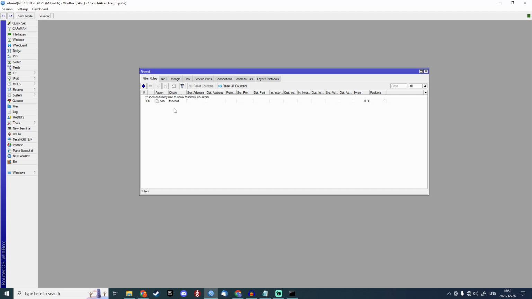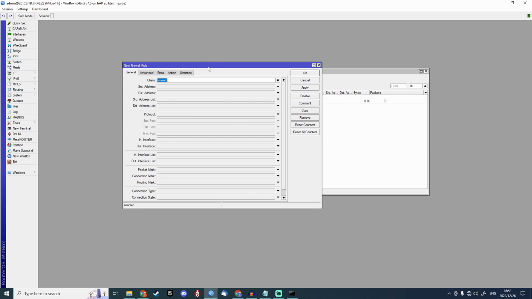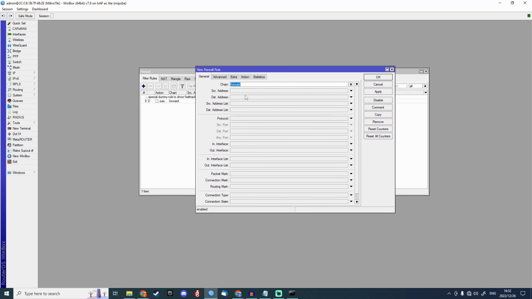One way to do that is to go into IP firewall and create a new filter. So the chain is going to be forward. The source address will be our VLAN subnet, so it will be 10.0.1, and we're going to address the entire subnet. So instead of putting a specific IP address in that subnet, we're going to put a 0,